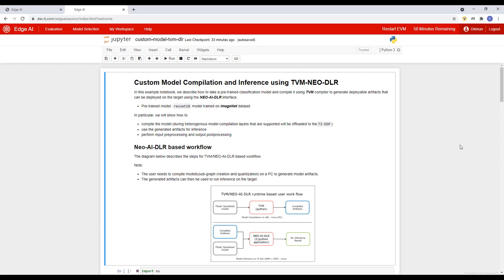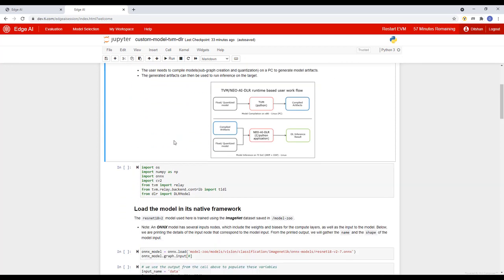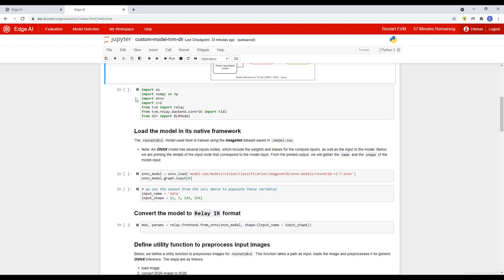In this notebook and in all the others, we first describe the particulars of the example, such as task type, runtime engine, dataset on which models were trained, and the dataset on which the inference will be performed. In this particular example, the task type is classification. The compiler is TVM. The model is deployed on the device using the Neo AI DLR interface. The dataset used for training was ImageNet, and the inference will be performed on some sample images saved in the workspace. Below that, we have some additional info, but let's now directly go to the script, since all this information will be covered in the example.